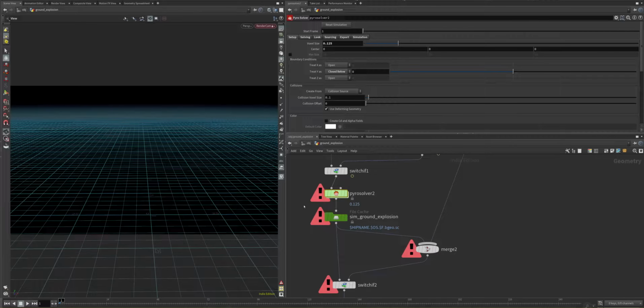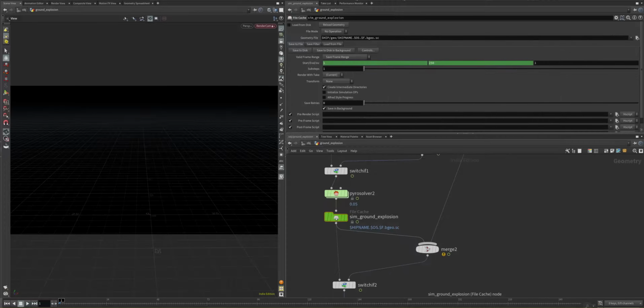So the voxel size pretty much is the value for the detail and the size of our voxel which forms the explosion. A voxel is nothing more than a volumetric pixel. So voxel stands for volume pixel, which means it has depth information. Depth means that we don't have only two coordinates like x and y, but we also have z components which allow us to make it three-dimensional. So for our caching, I want to put the value down to something like 0.5,